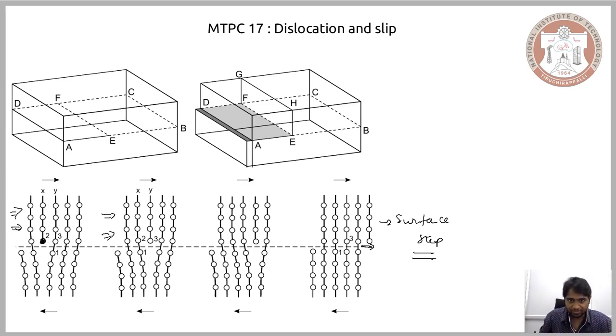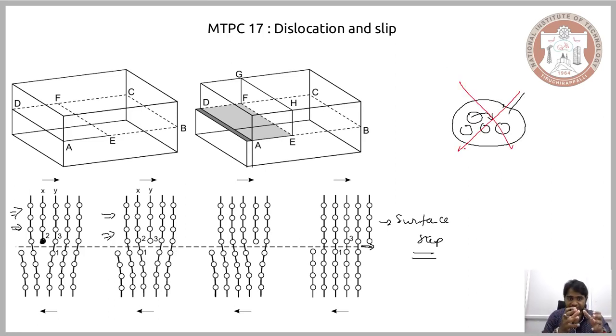So what we have essentially observed is that while bringing about plastic deformation, we are not, as we have treated in the previous case or in the purely theoretical case, considering a jump of the atom from one atomic position to another atomic position. We are not ideally pursuing this. This is not how the plastic deformation occurs.